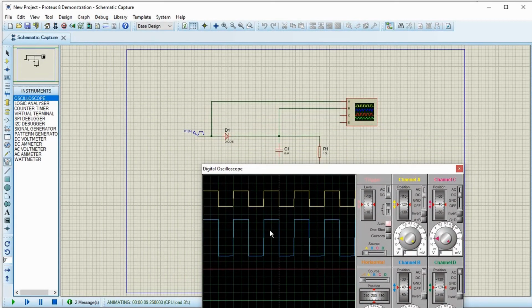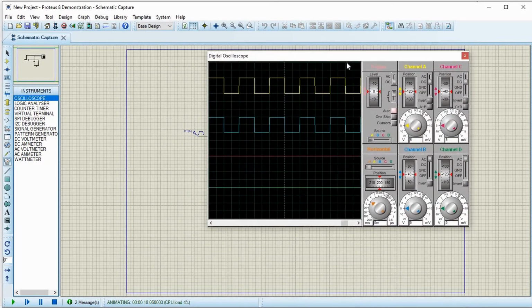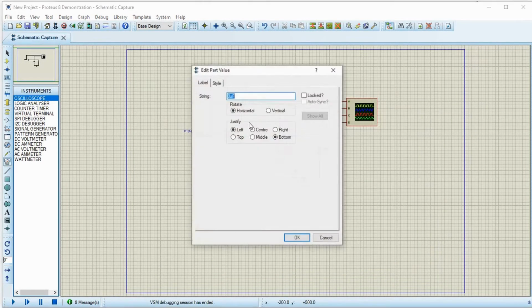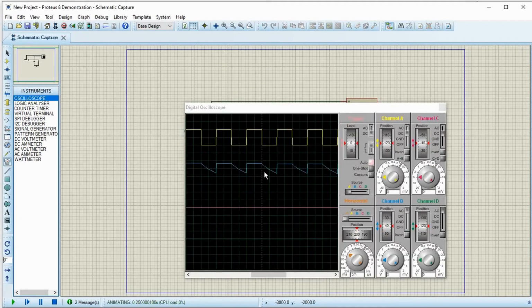See, without any capacitance, the input and output will be the same. Both, is that also 5 volts? 5 volts. Okay. Input and output are the same. So now let's put back our 1 microfarad and start the simulation.